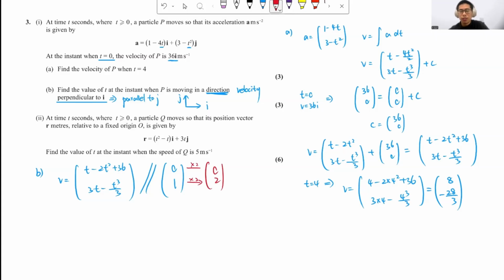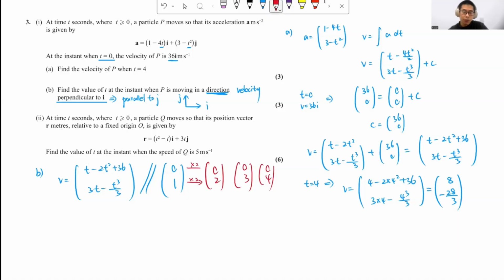is equal to 0. So it doesn't matter what the scale factor is. 0 times anything is 0. So we know any vector which is parallel to (0, 1), the i component has to be equal to 0. So for example, (0, 3) is parallel to (0, 1), (0, 4) is parallel to (0, 1). So it doesn't matter what that vector is, the i component has to be equal to 0 if it's parallel